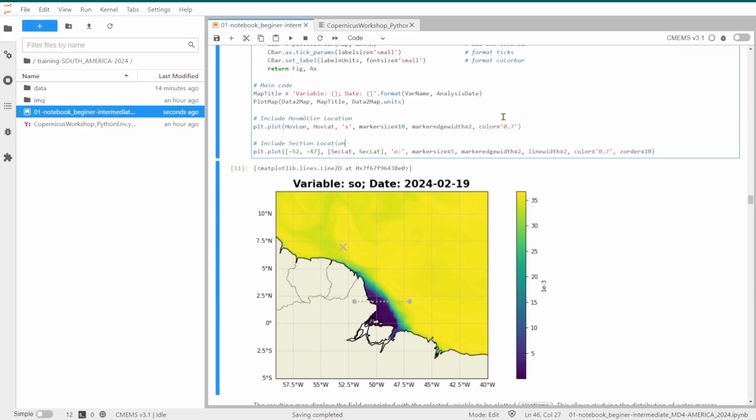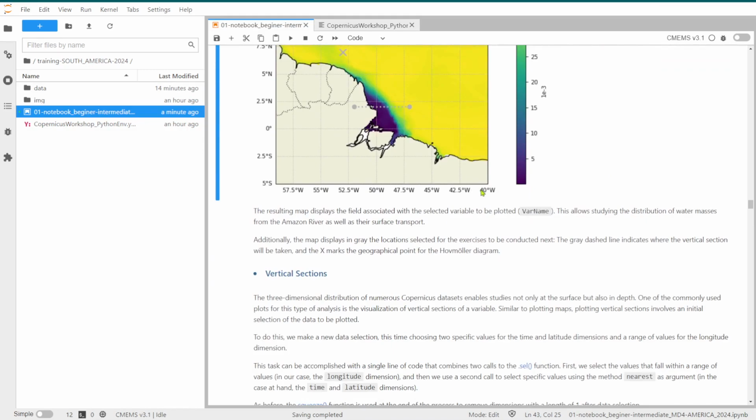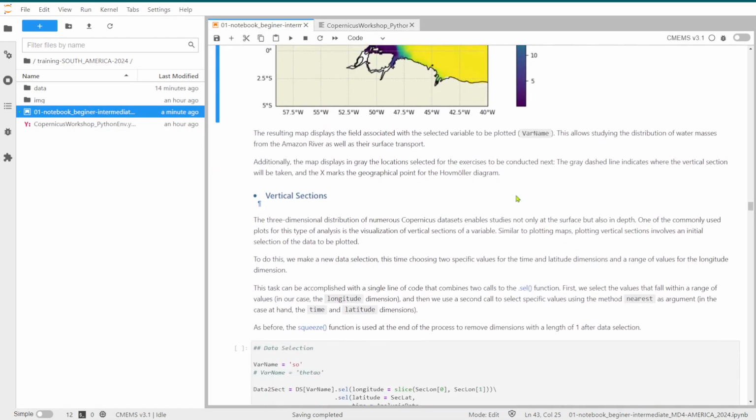Well, as I said before, these two lines are devoted to create this axis here, and also this dotted line, gray dotted line here. These are the locations where we are going to plot now the vertical section and the Hovmöller diagram in the next exercises. So once we have this first map, we can plot a vertical section of the